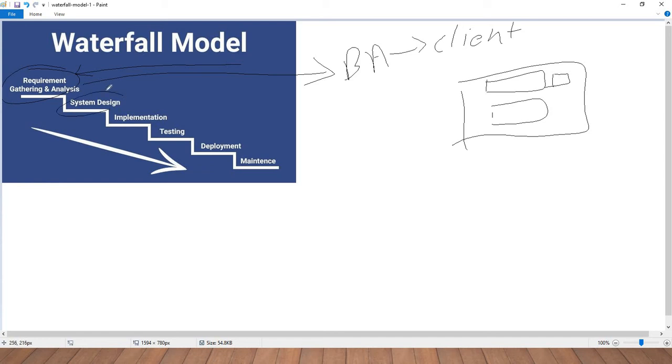So we'll go to the next stage, system design. Here the architect and senior members of the team work on the software architecture, high level and low level design for the project. Low level design plus high level design. We'll document this.